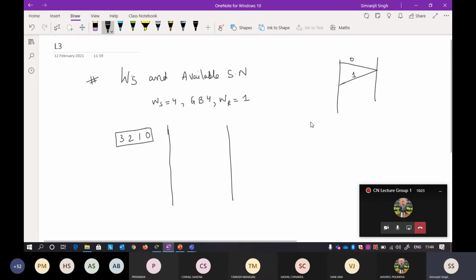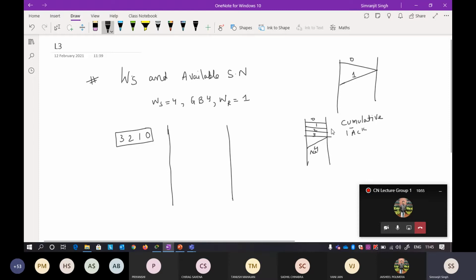Now, there is also something called a cumulative acknowledgement. In cumulative acknowledgement, suppose you have sent 4 packets, 0, 1, 2, 3. For these 4 packets I can send only one acknowledgement. That acknowledgement will be 4, since you already know that it is +1. This is called your cumulative acknowledgement, where you can send the acknowledgement at once.